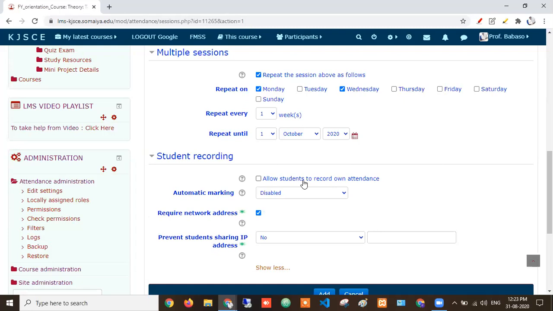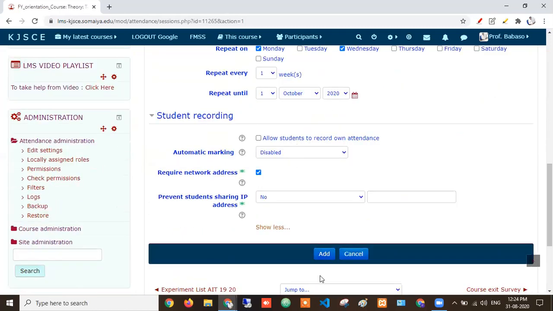Students can also mark their own attendance on LMS, sir. If you want to mark the attendance yourself, then don't allow this option. If students should mark their own attendance, just click here. In that particular period, students will come on LMS and just mark their attendance. It is like a digital signature, just as we give the attendance sheet in the class. Similarly, they will come here and mark their attendance. They just have to click submit. That's it. The attendance record will be maintained automatically, and all the reports will be generated automatically.